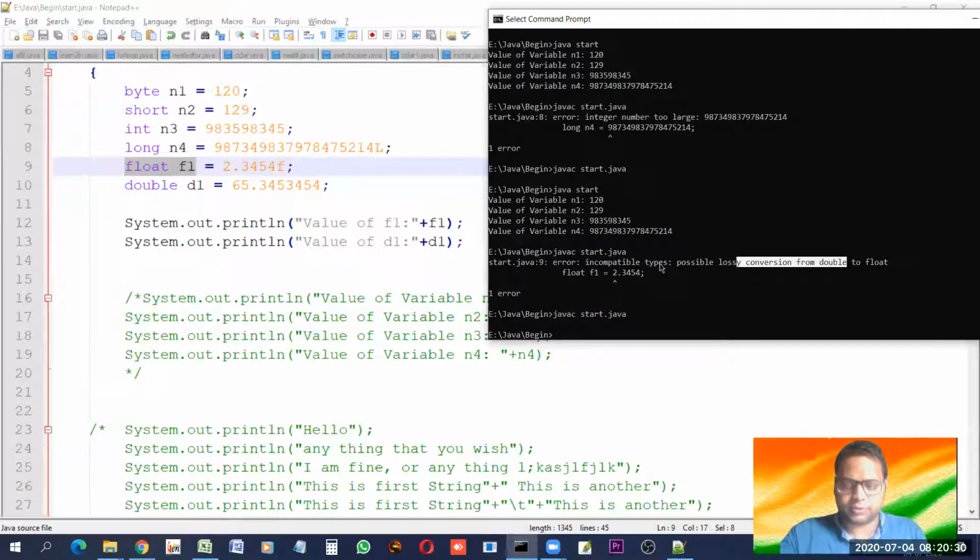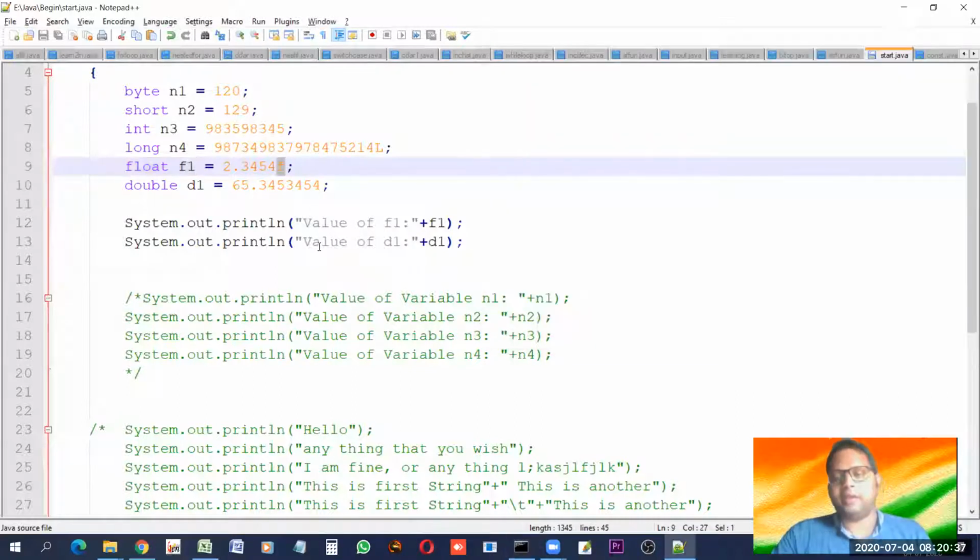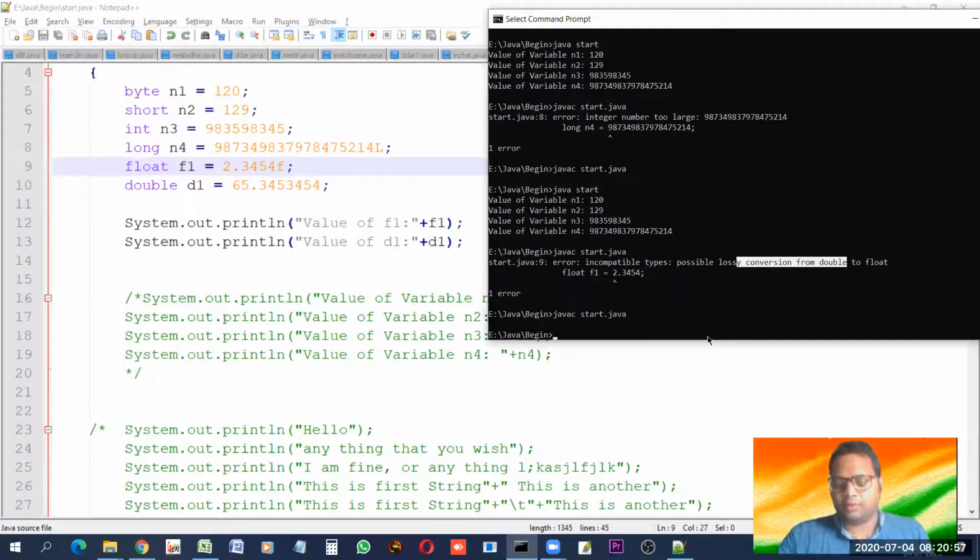It will be a loss. So to avoid that, it's warning you. Now what I'm telling by F is: okay, don't worry, this is just 1 liter, there will be no loss. So now it has understood with F that it is a float of 4 bytes, and now it has no problem.